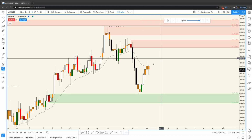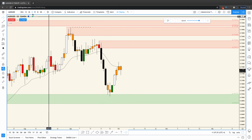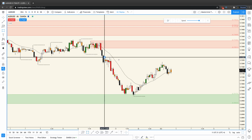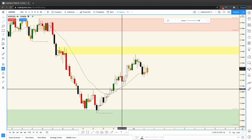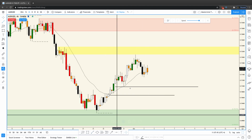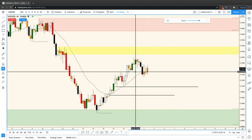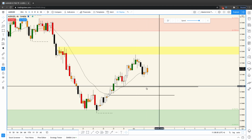This is live right now. I did take some profits around this moving average, and as you can see, we are having a little bit of a hard time here. It was at this level right here that I had an alert set. I was bumping my stop loss up. First I had my stop loss there, then I had it underneath here. It still is underneath there for the rest of my position, but I had an alert set underneath here. Then when price broke this level, I went into my broker and sold 90% of my position, and I'm holding the rest of the 10% with my stop loss right underneath this level